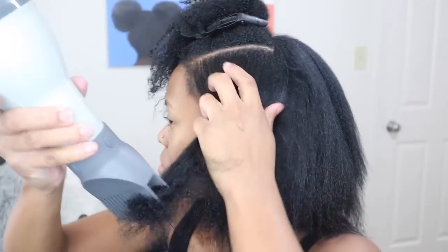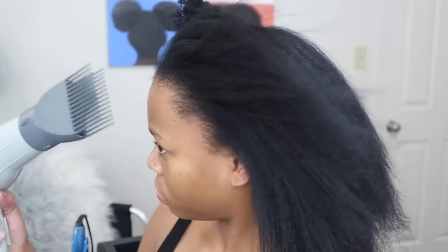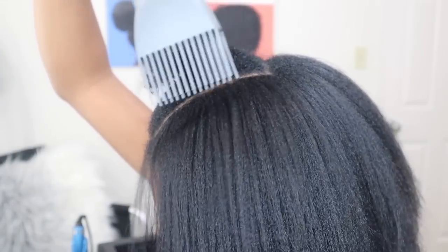I used the Pro Vitamin leave-in conditioner by Afrogy, and that made my hair so much softer. I do want to say that this leave-in is going on my staple list because it makes my hair so freaking soft. So anyway, I just continued to blow dry my hair, and when everything is blow dried, that's when you can see everything. And I was just so,